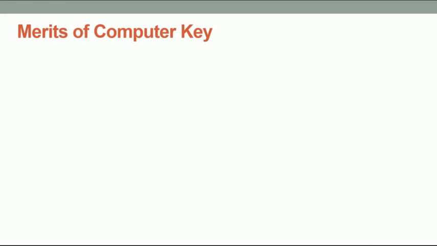So what are the merits of this computer key? It is easier to use. You are just asked some questions and you are answering those questions, and it will automatically generate a new question. The computer is doing all the tasks. You are sitting in front, and just by clicking, you will be able to identify the unknown specimen. So even a non-specialist can easily use this type of key, and identify the unknown organism.